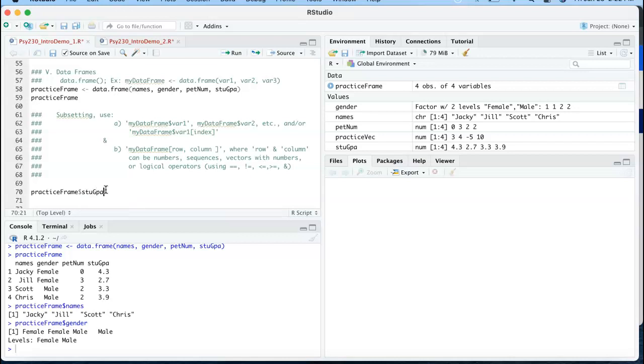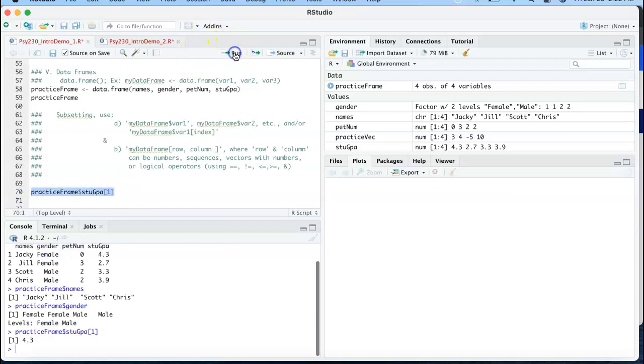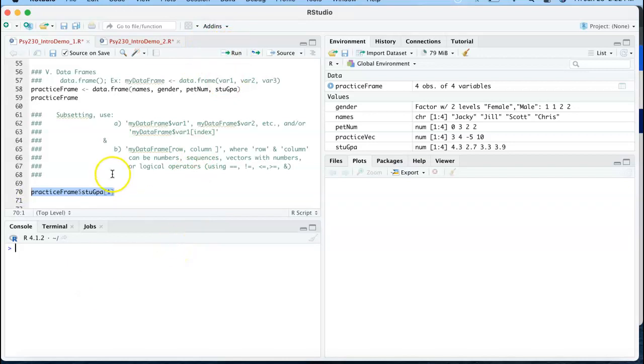So we're going to pull out GPA, and then within brackets pull out that first variable. And it pulls out 4.3. Let me clear my console. So you can extract particular items within a vector. Okay, so that's A, demonstrating how to subset using this first